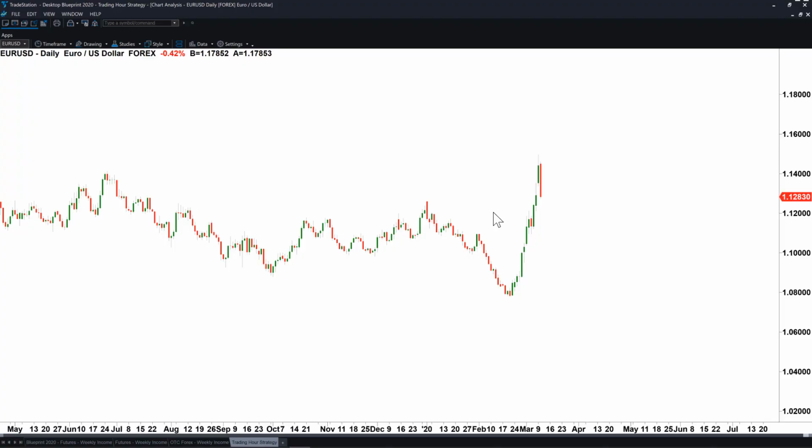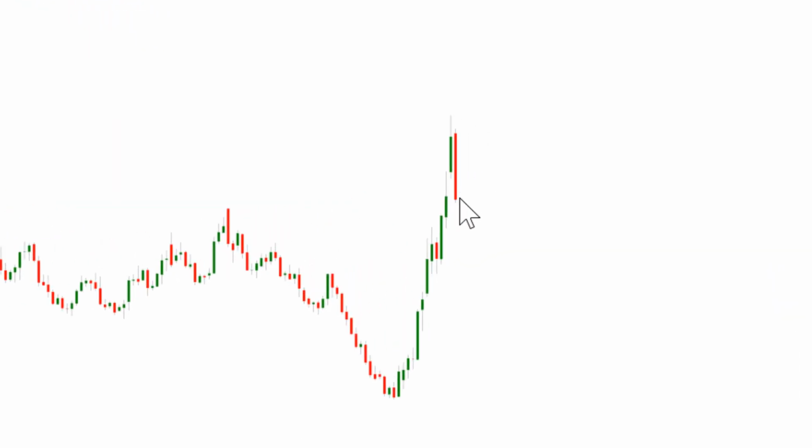Here we go, TradeStation is up and running. What you can see here is a daily chart on Euro USD. What we can see right now is a daily reversal that's happening on the euro. It's a confirmed daily reversal. Price action, we want to go short, right? So what we can do now with our new lower time frame trading hour zone